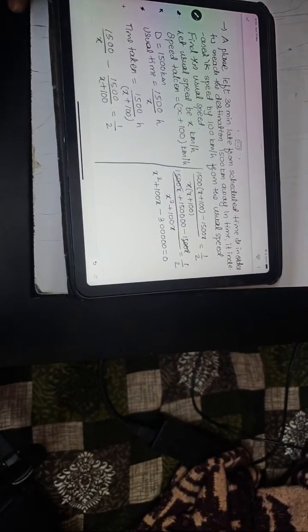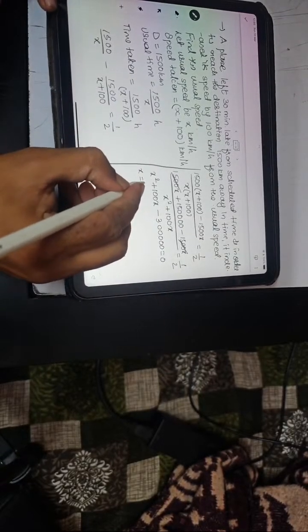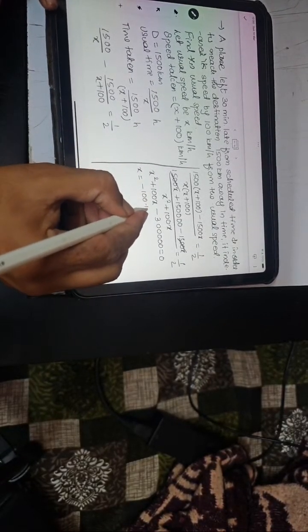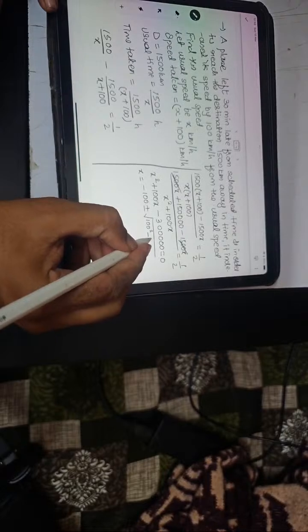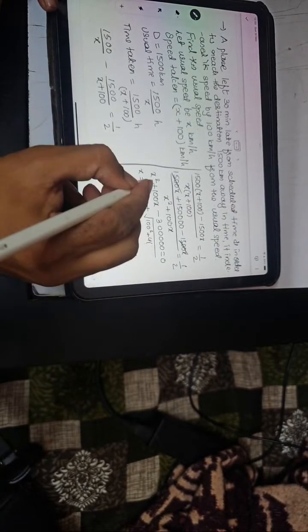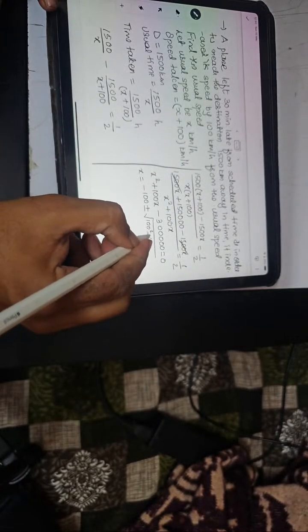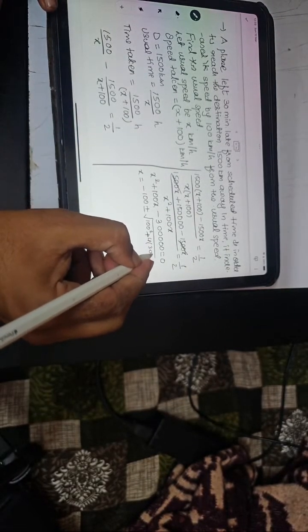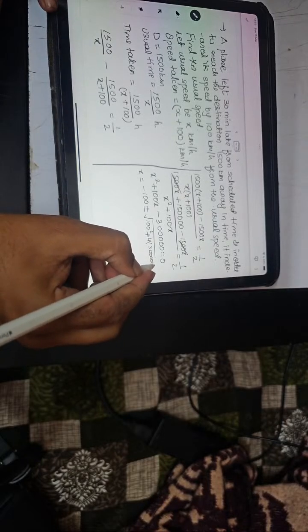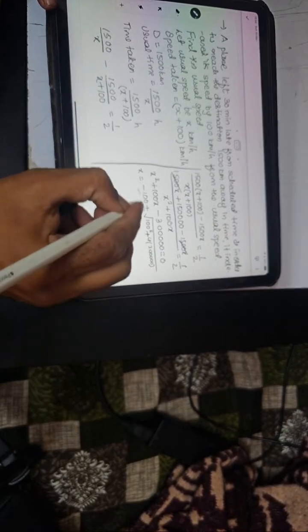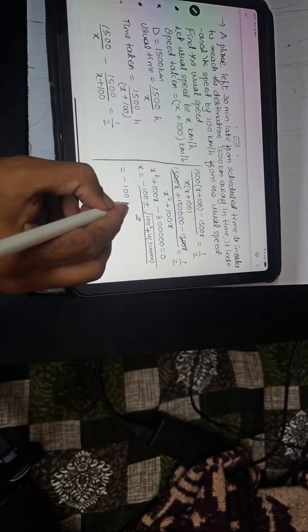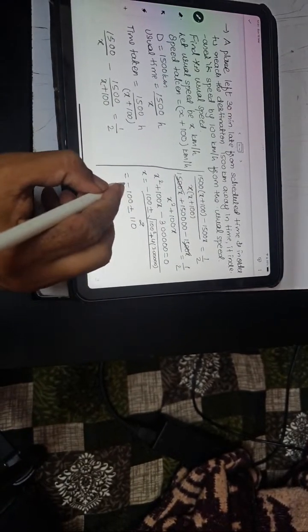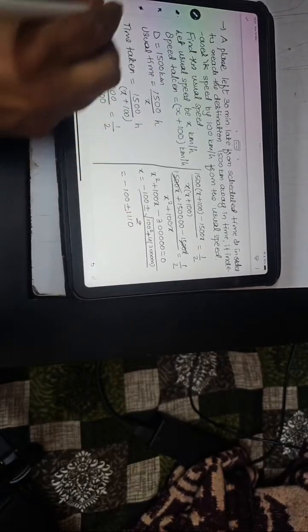Now I am using alpha beta formula, that is root formula, discriminant one. So x will be equal to minus 100 plus or minus root of b square, so 100 square minus, oh sorry, plus 4 into a and c, minus 4 into a and c, so it will become plus 4 into 3 lakh, upon 2a. So this will be minus 100 plus or minus, oh sorry, 1100